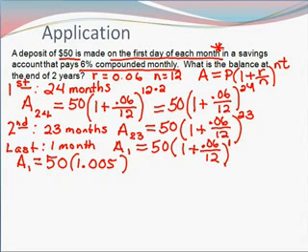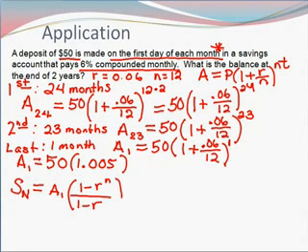Now it just so happens that we have enough information to use our summation equation from the finite sequence, because we have a finite number of months that we're investing this money, and that equation was S sub n is equal to a1 times (1 minus r to the n) all over 1 minus r. So we just need to identify a1. a1 is right here. Now we need to identify r,